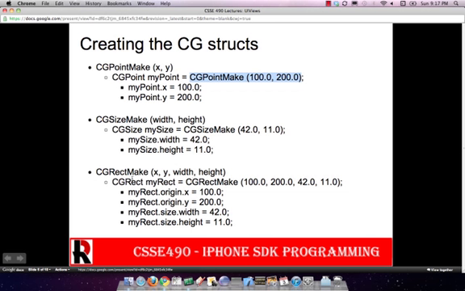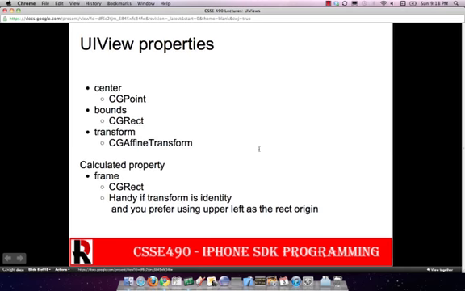And then for a rect, which has both of these in it, you can say origin.x, origin.y, size.width, size.height, or you could use the rect make and do it all together. So a pretty quick little background there into getting used to the structs that you're going to need. The reason these structs are important is because they are used for all UI views. So all UI views, when it's trying to figure out where it should draw on the screen, it's got